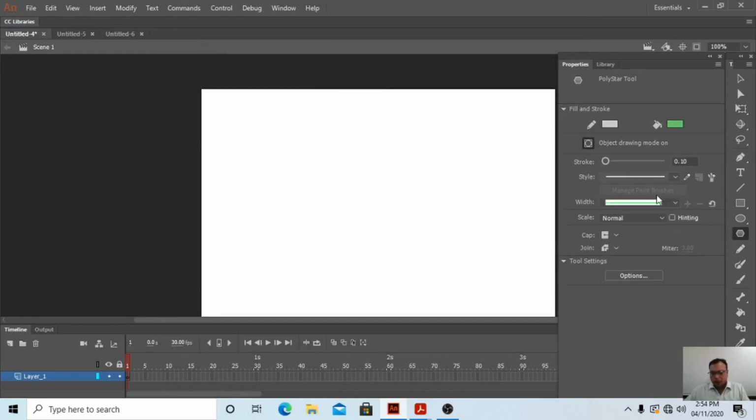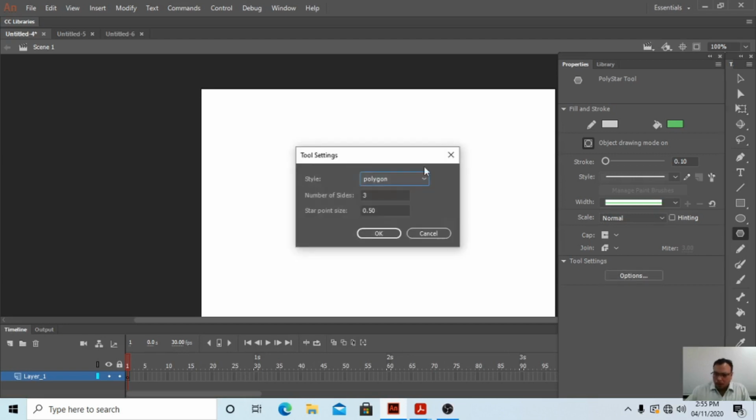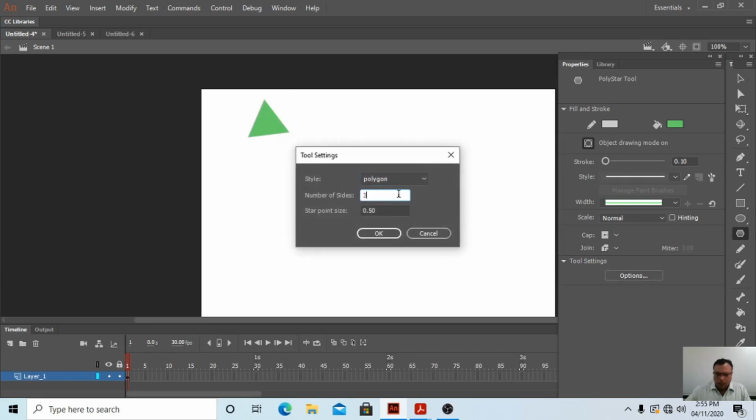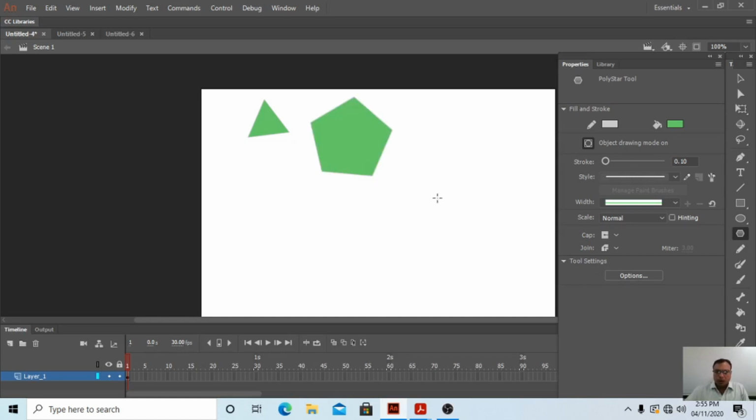Again I'm telling students, now this is point size. Click on the polystar tool. Now go to the options here. Polygon we have discussed. 3 is the default side, and the star point size we can increase here. 0 to 1 is given. So when we draw it, this is 3 sides. If you change from 3 to, suppose, 5, now you can see students: 1, 2, 3, 4, 5.